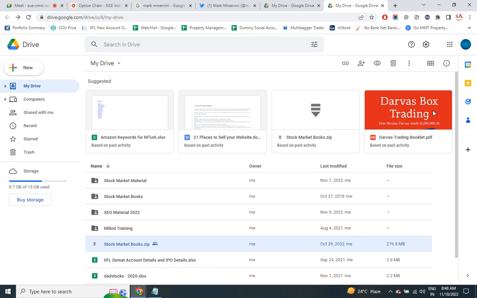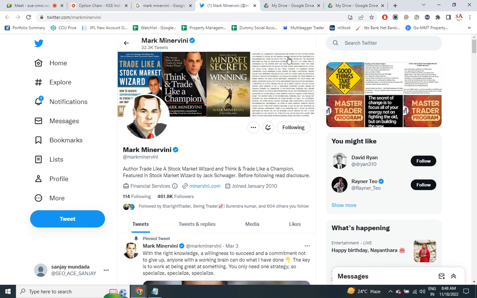This is also a great book, Darvas Box Trading, which is part of Minervini's trading. Within his strategy, there are some 7-8 other strategies already included. So it's not just a single pattern that he looks for. Some 4 to 5 chart pattern setups are there, and he only trades those 4-5 setups. Within that, one is the Darvas box. In detail, we'll be checking all that, and we'll be practically trading those instruments.